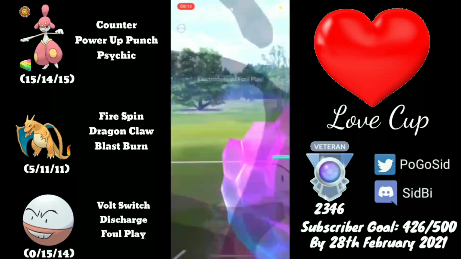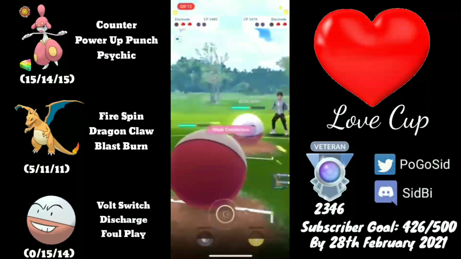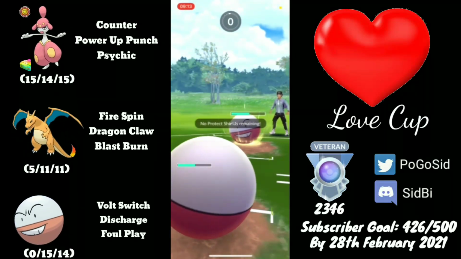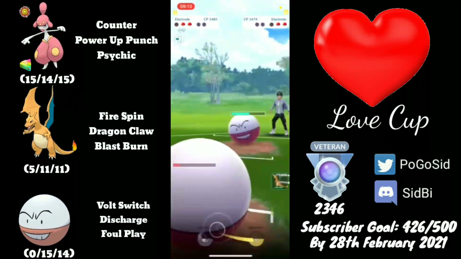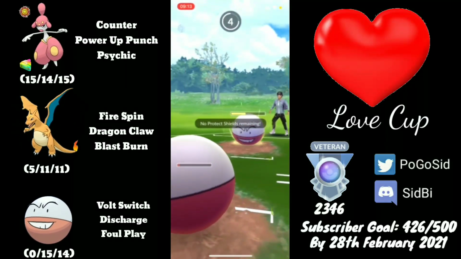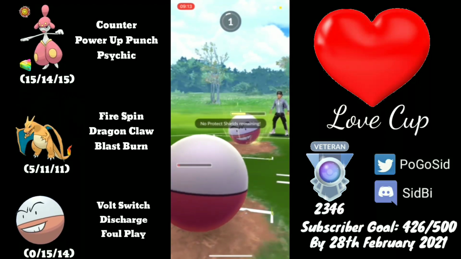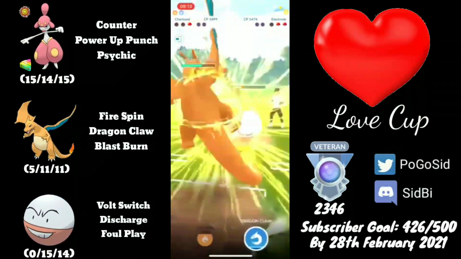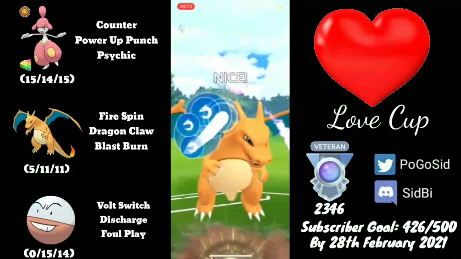They are able to sneak in another Foul Play, which gives them a head start on the energy. So this pressures me to throw the energy, but I think we will end up getting farmed down, or the opponent's Electrode is just going to town against us. But at this point the opponent's Electrode is dry out of energy, so I immediately go for Dragon Claw,